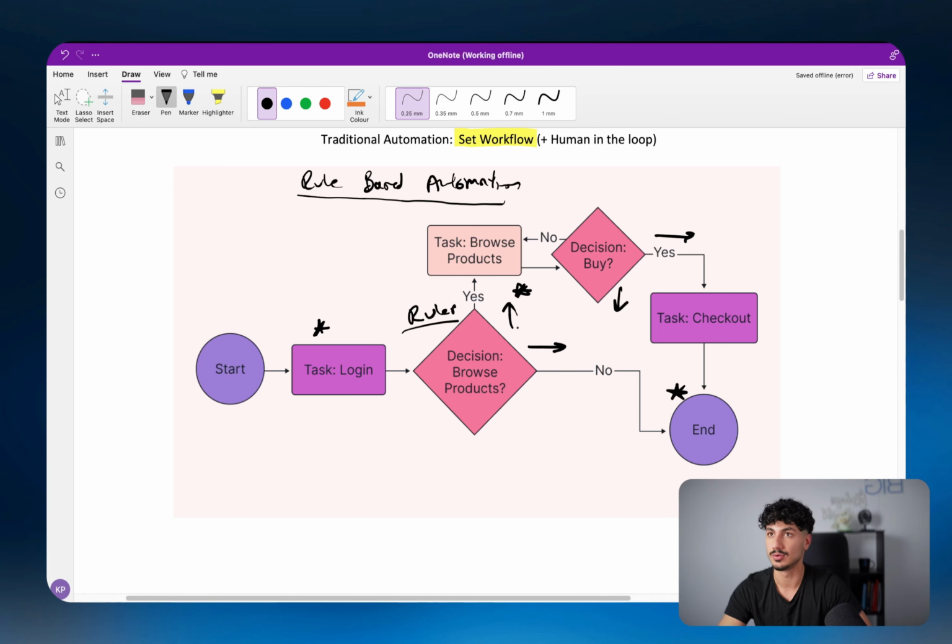And let's say about 2 or 3 years ago, when I first got into automation, what had come out was large language models and ChatGPT and Google Gemini and all that sort of stuff. What these large language models allowed us to do was add them as a module within this rule-based automation. So what we then did is, let's say, for example, we would have a module here that's a large language model.